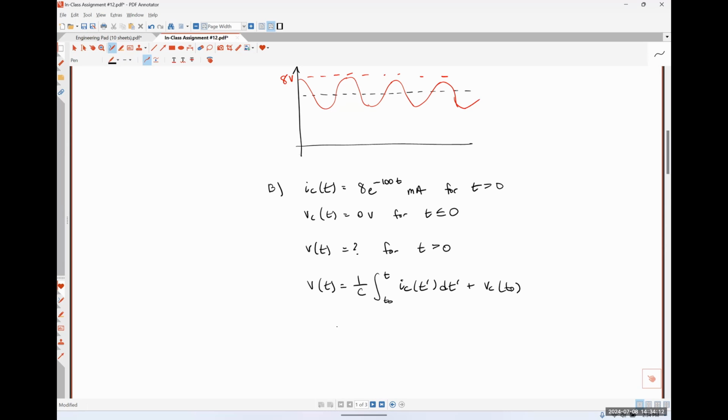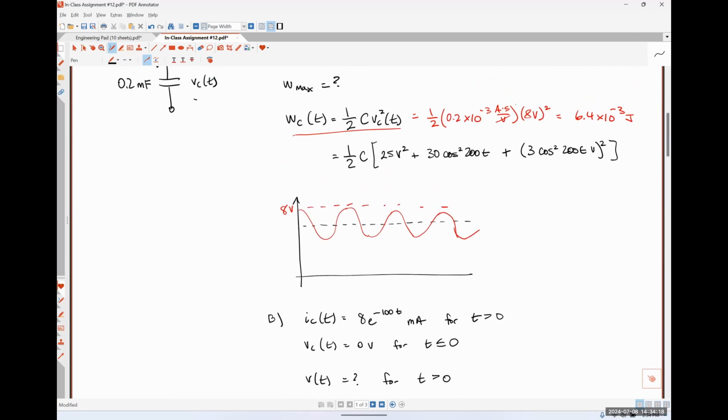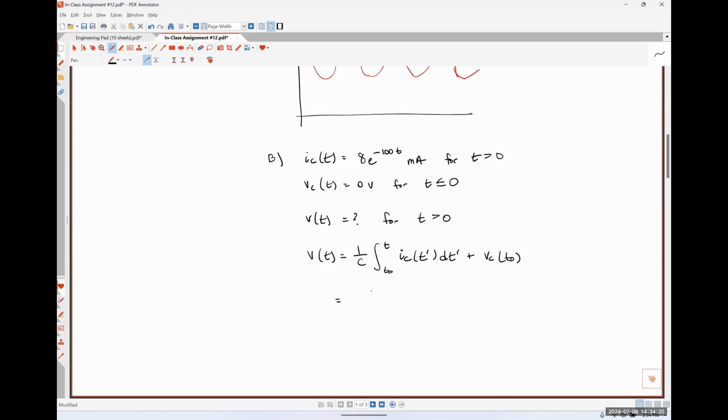So now I'm simply going to substitute in the information that we're given. So scroll back up here, 0.2. So 1 over 0.2 times 10 to the -3 amp seconds per volt. That's my 1 over c